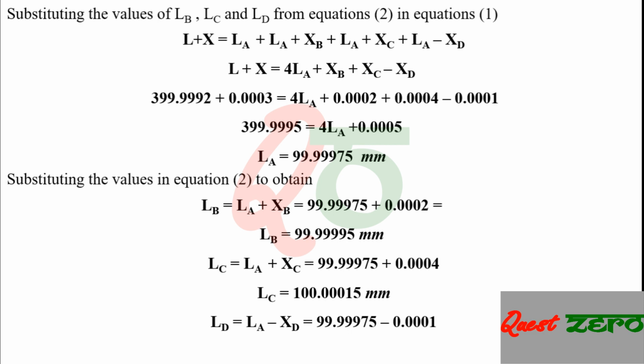So this completes the two numerical examples that were considered as part of calibration of end bars. Problems are very simple. Do make sure that you are strong arithmetically, especially in addition and subtraction. Write the diagram properly first. Writing the diagram will give you a clear idea as to what to add and what to subtract, and from that you can easily obtain the required solution values.